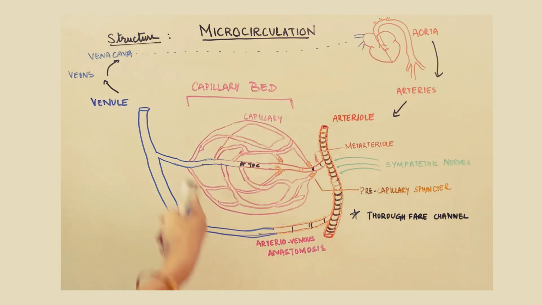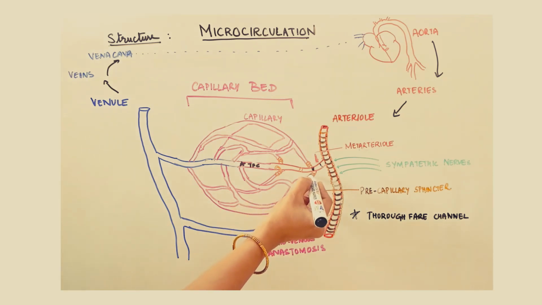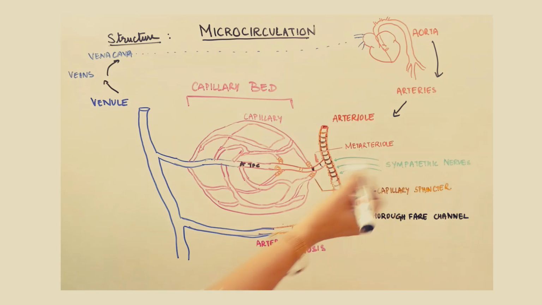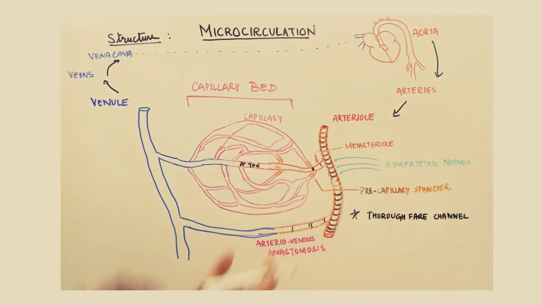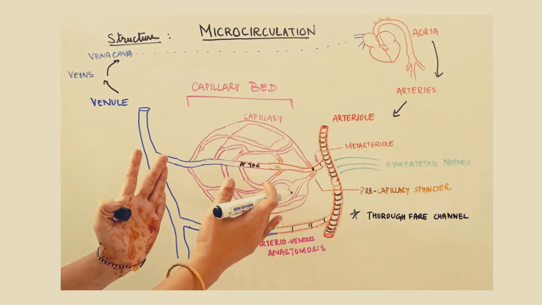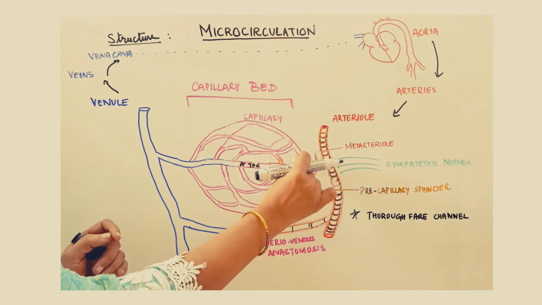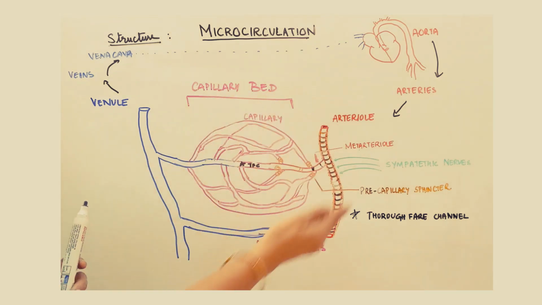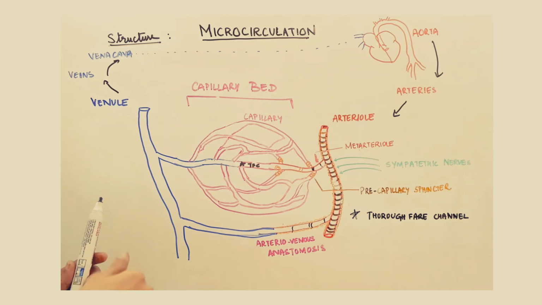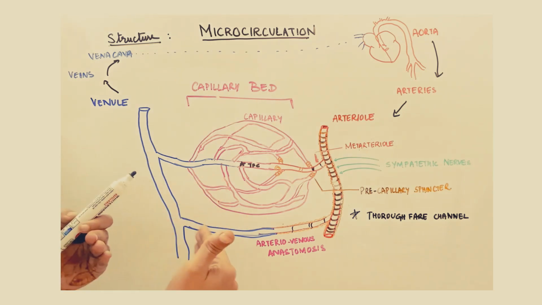This regulation is very crucial for maintaining tissue homeostasis and responding to various metabolic demands. Precapillary sphincters lack innervation but are controlled by changes in the internal environment. Normally, the capillary sphincters are closed. When the surrounding tissues need oxygen and have excess waste products, the precapillary sphincters open, allowing blood to flow through